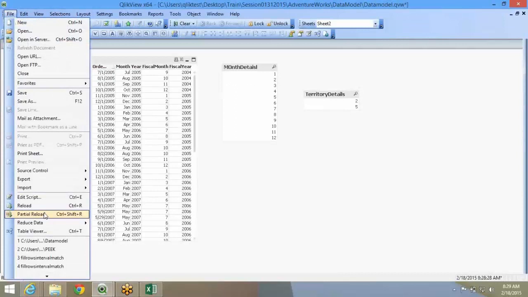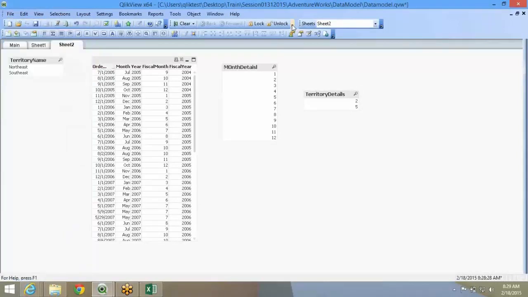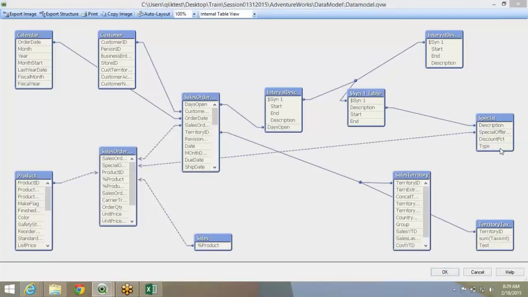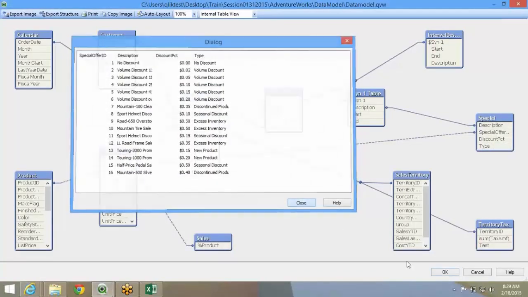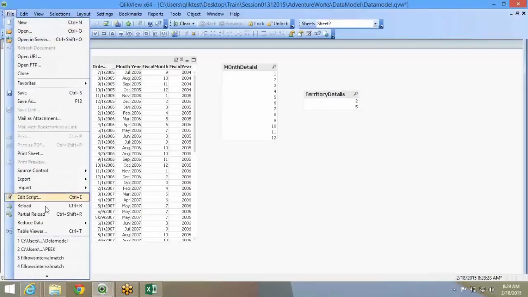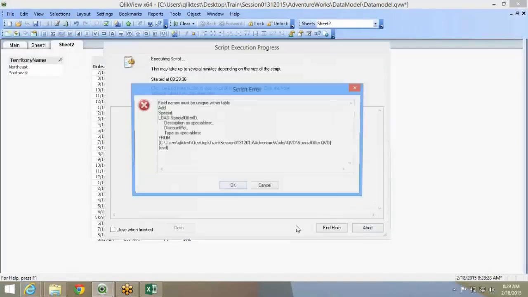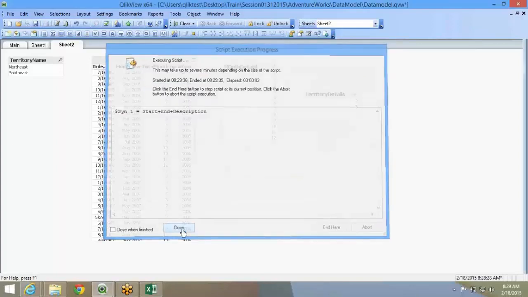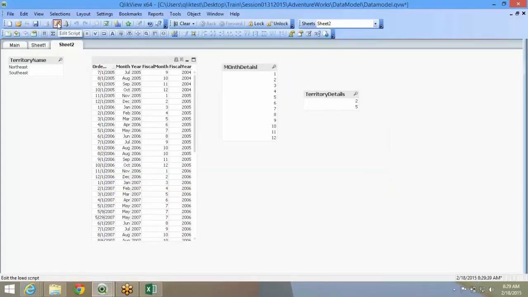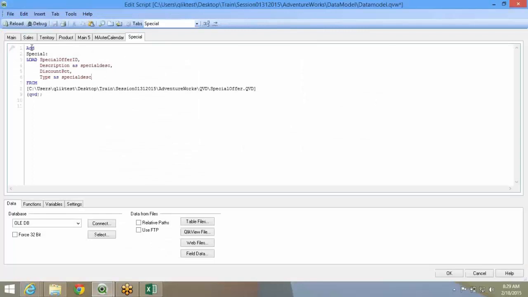Now the second time I do a partial reload, suppose there were 10 records in this special offer ID table. There are 16 records. The second time I do a partial reload, ClickView is just going to blindly add the 16 records to the 16 records.